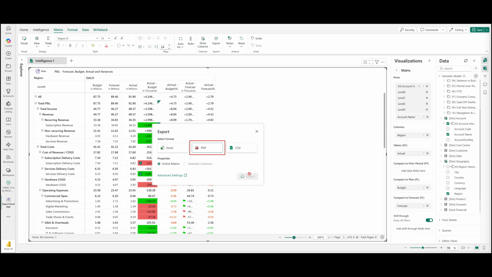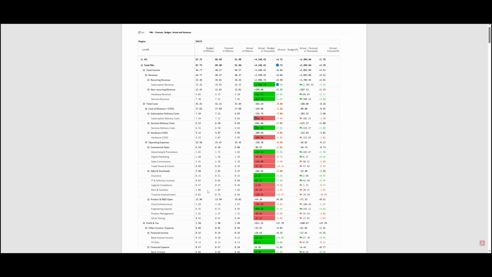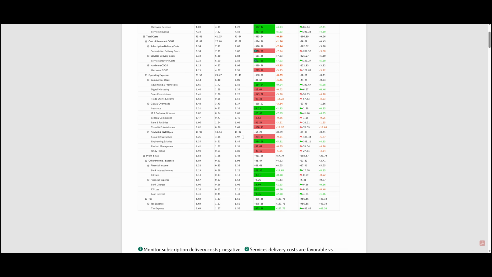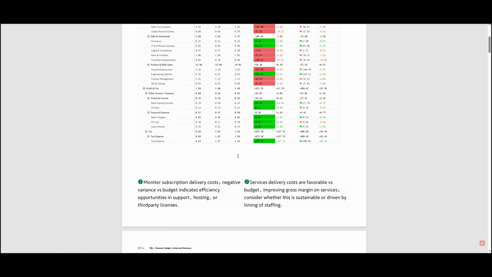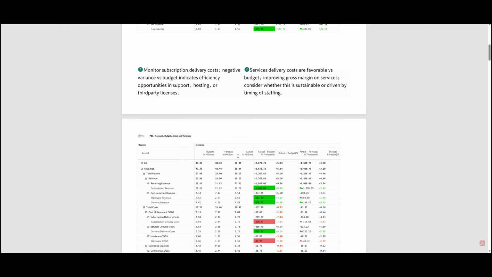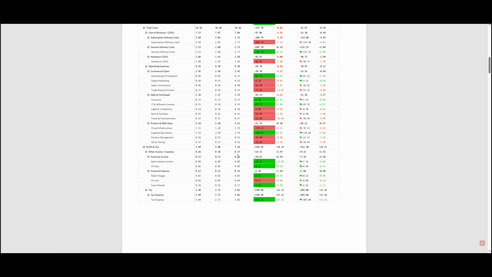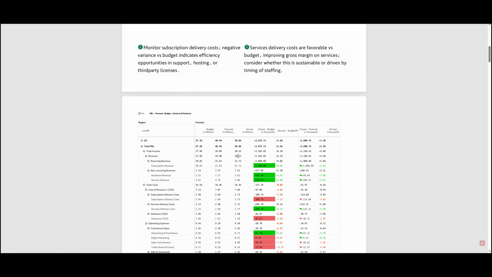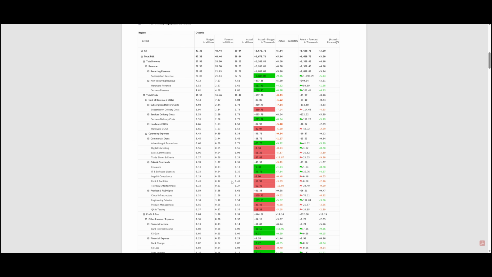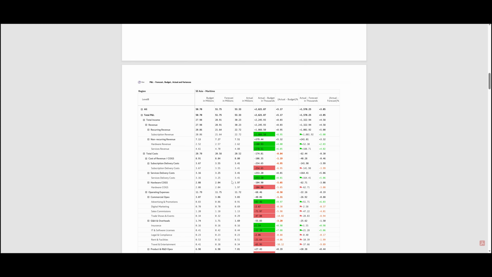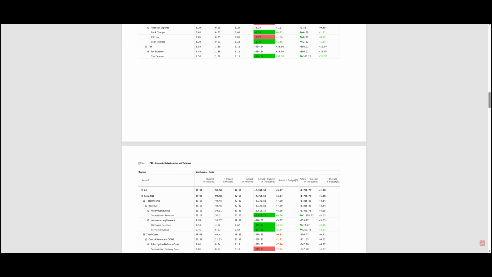Switching to PDF export, this generates a paginated document with region-based page breaks, the configured header and footer layout, footnotes, and comments appended at the end. The conditional formatting rules carry through here as well. Variance highlights and threshold indicators appear exactly as set on the intelligence sheet, making the PDF ready for distribution without